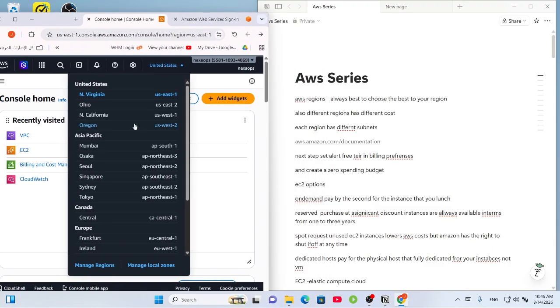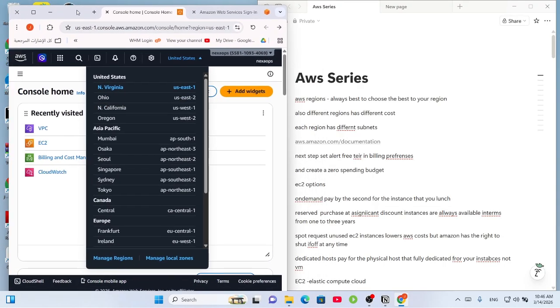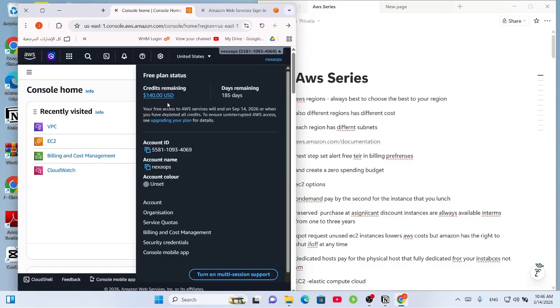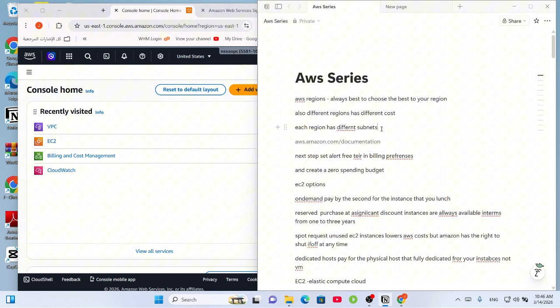For example, if you host a system or website or whatever, it's going to be much faster if the region you choose is nearest to your location. So yeah,